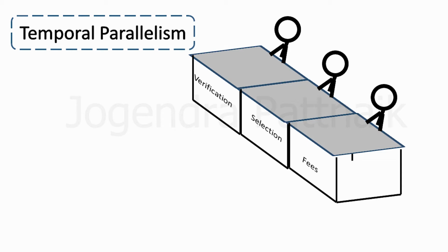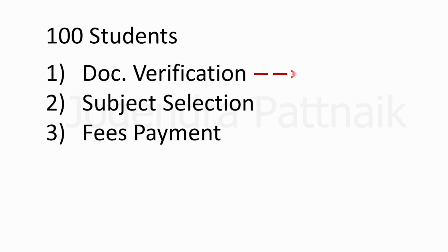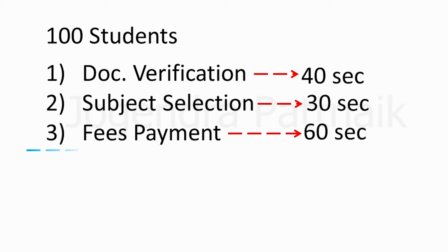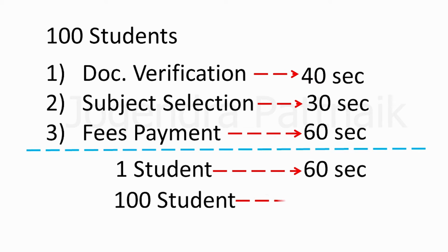Let's calculate the total time required. Here all the counters will take the same amount of time except the fees payment counter, as the service time is 60 seconds. We will assume the time required will be 60 seconds for a single student. As we can see, processing from the service point of view, 60 seconds are sufficient to process the data of three different students concurrently. Although the service time for a single student will always be 130 seconds, as the student has to complete the process sequentially. For 100 students, we need more than 6,000 seconds, but we will use 6,000 seconds for comparison.